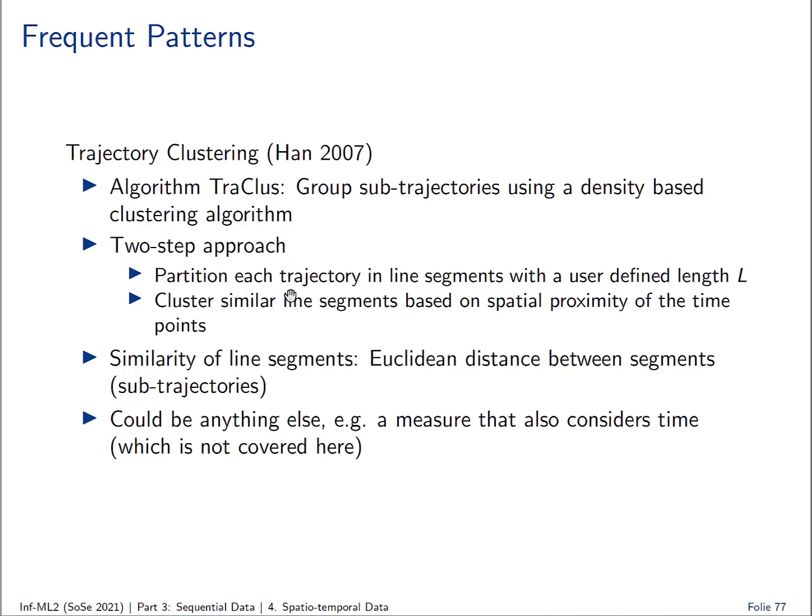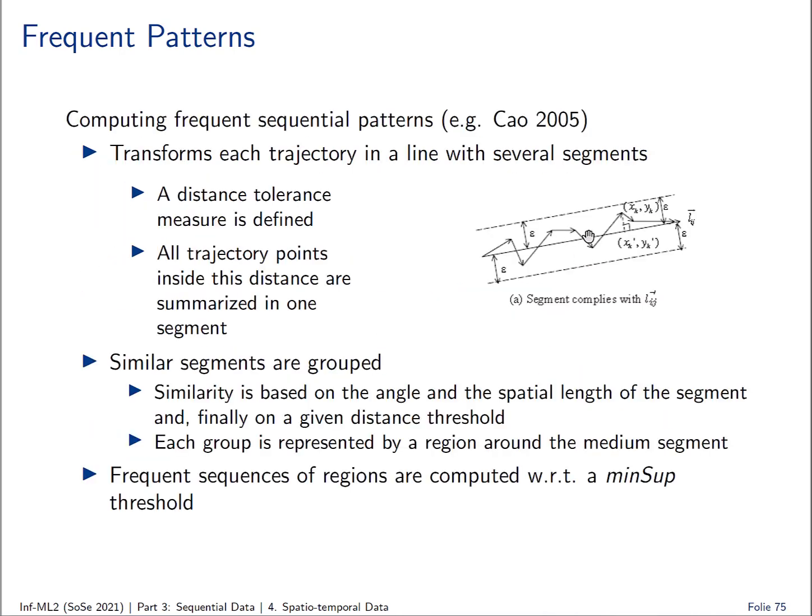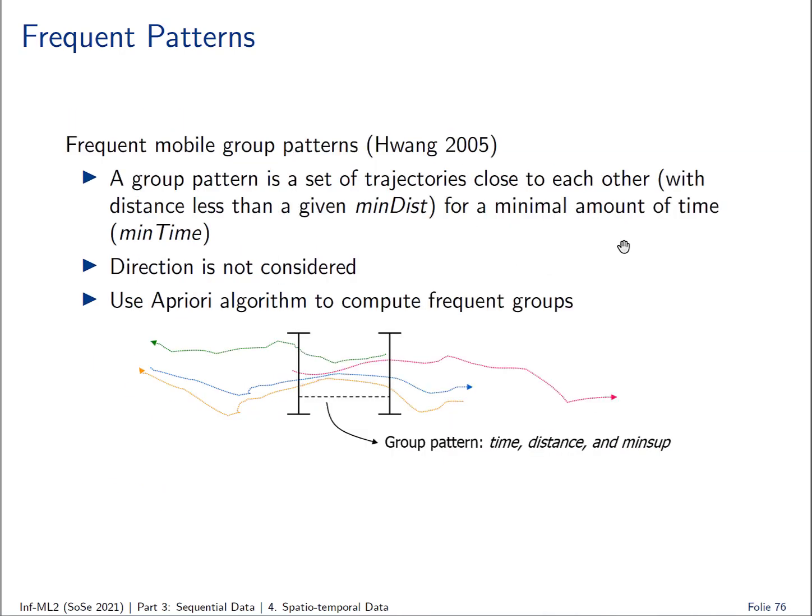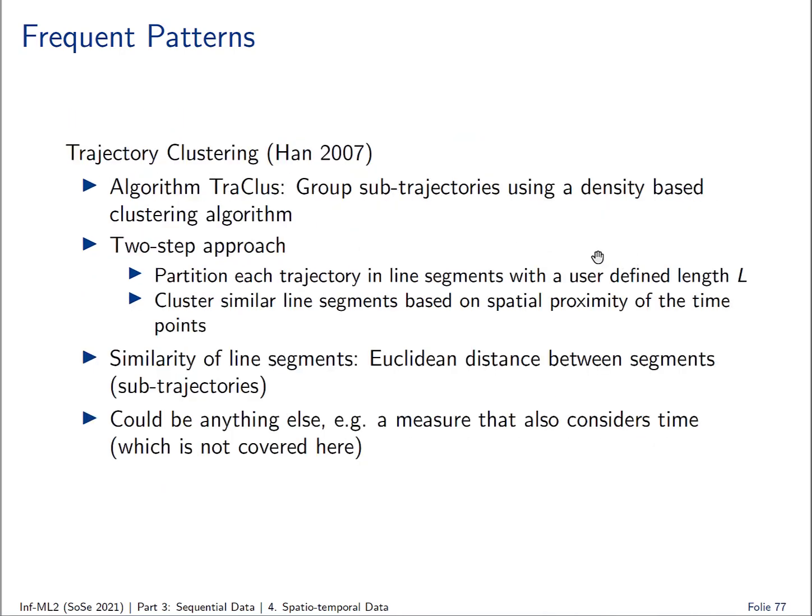So it partitions each trajectory in line segments with a user-defined length L, pretty much the same as here, but not with a distance threshold, but with a length threshold, so to say. We'll see that right in a minute. And then we cluster the similar line segments based on spatial proximity of the time points. Yeah? And for the similarity of the line segments,